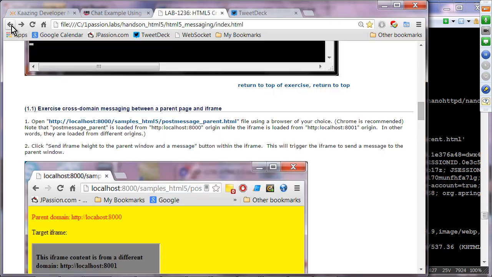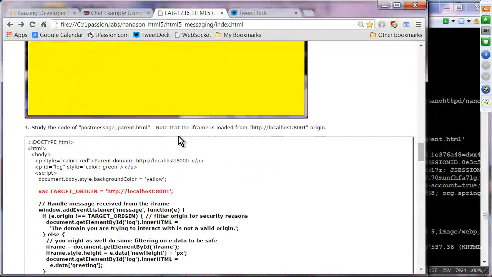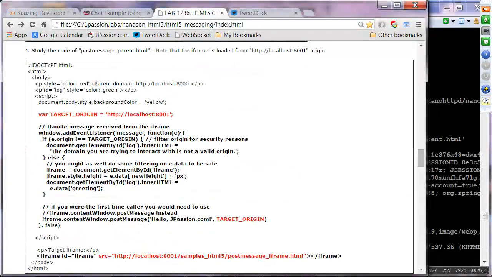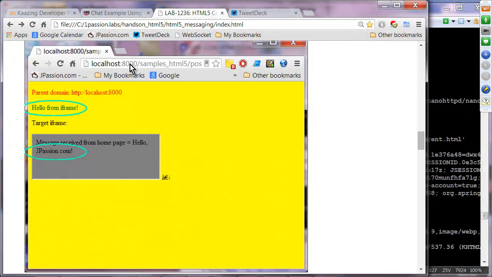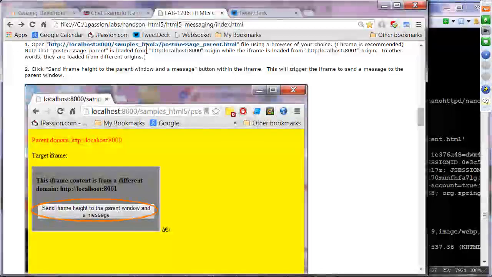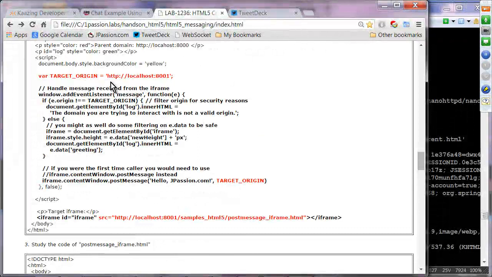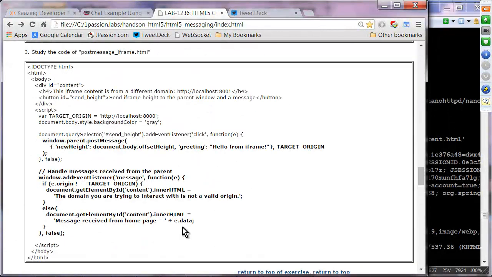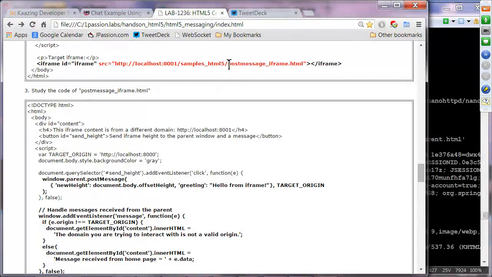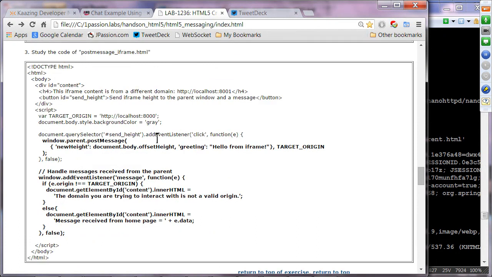All right, let me show you how things are done. Here, this is the post message parent HTML. Again, this is loaded from port 8000, HTTP server 1, domain 1. Then we have an iframe, which is loaded from 8001, so they are certainly from a different domain. If you take a look at the post message iframe HTML file,